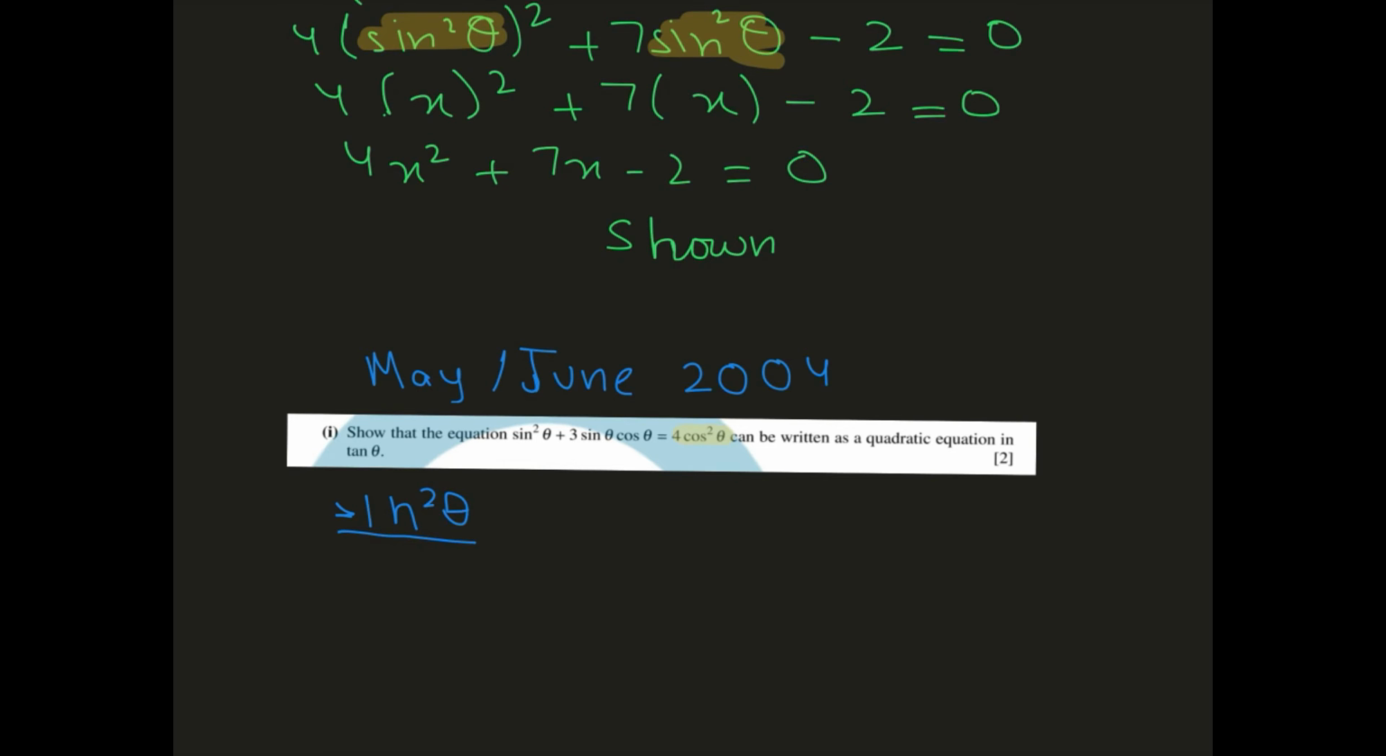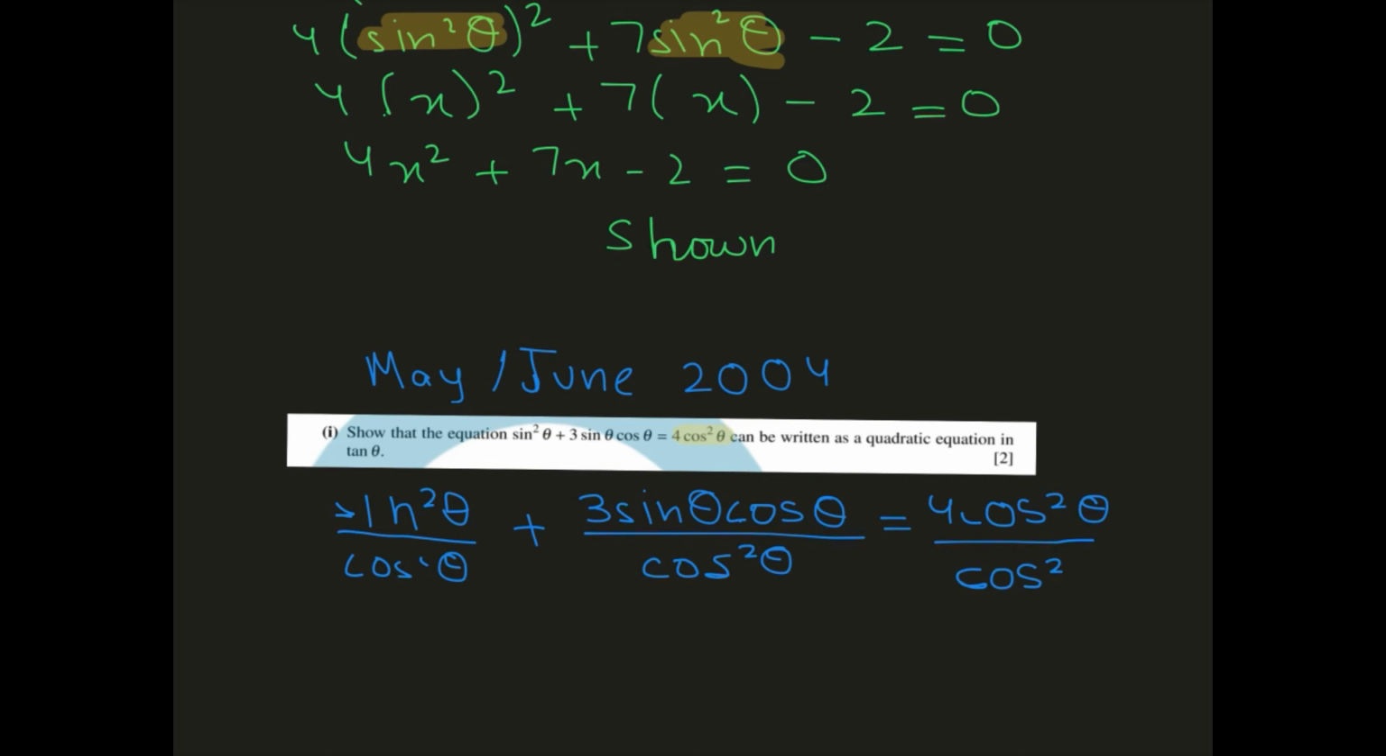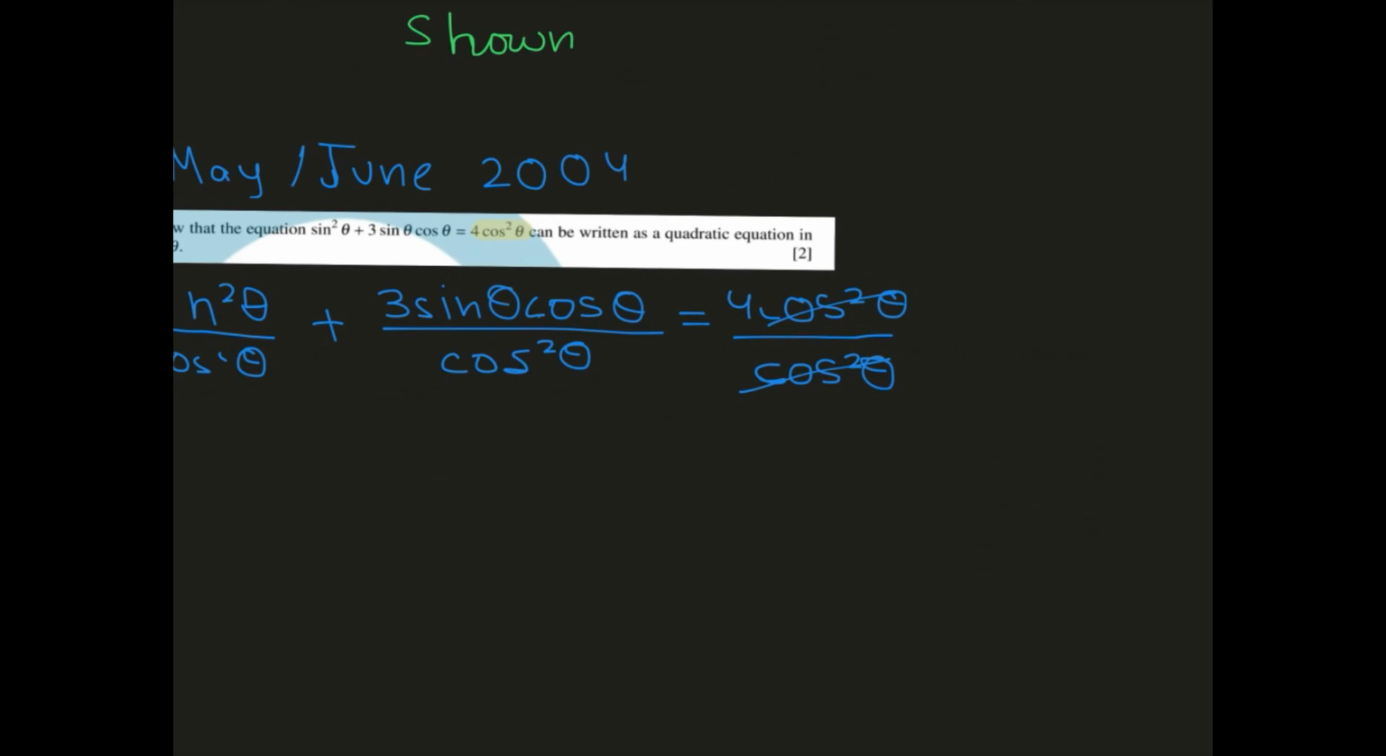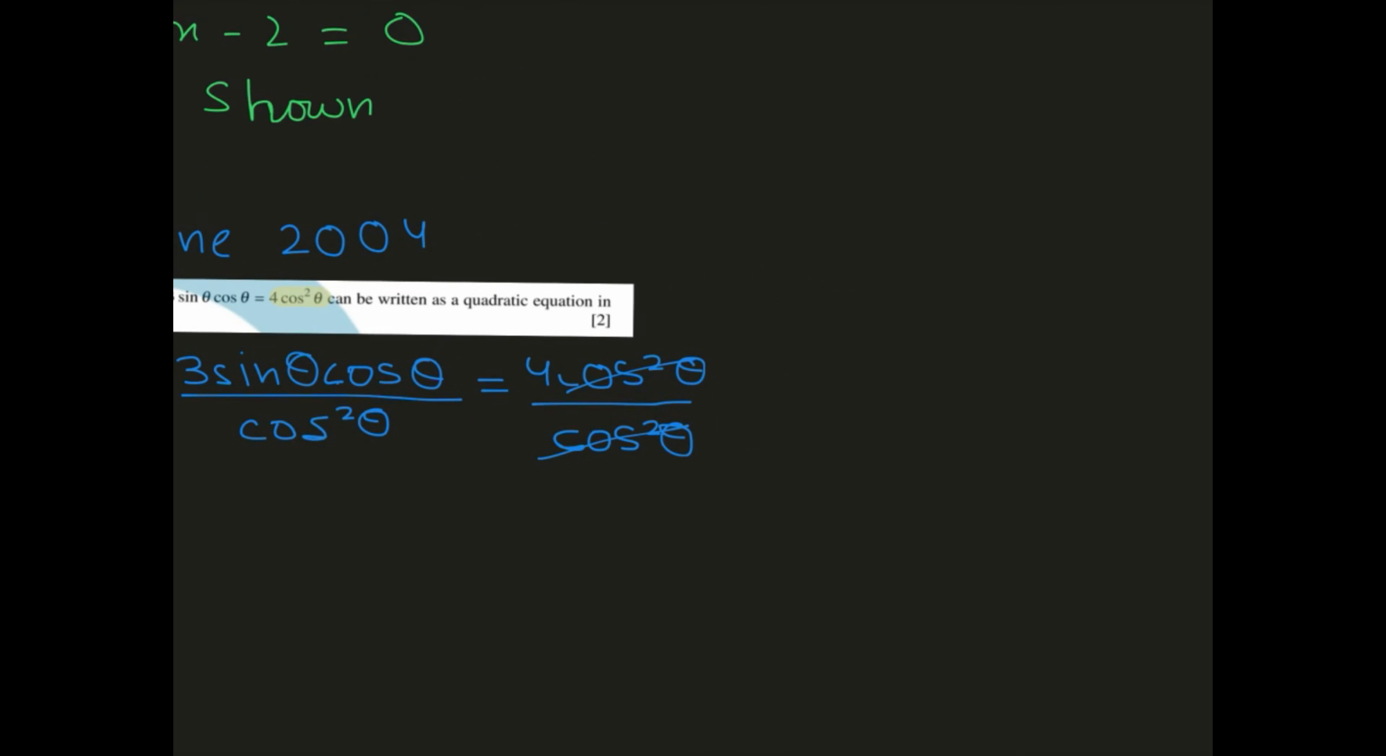sine square theta over cos square theta plus 3 sine theta cos theta. This all will be divided by cos square theta. And this is equal to 4 cos square theta will be divided by cos square theta, right? So this will simply just get cancelled out, and because our first identity is that tan theta is equal to sine theta over cos theta. So if we square both sides,